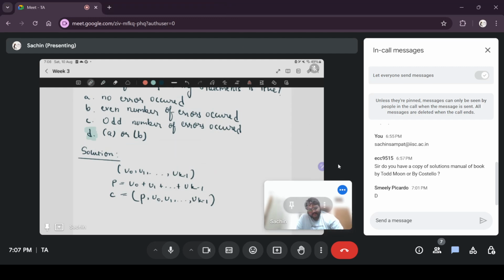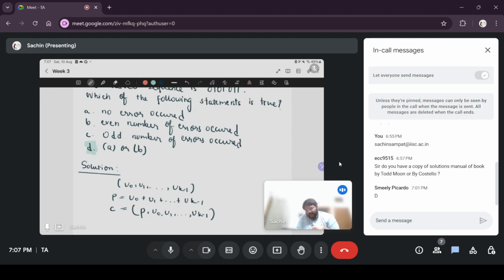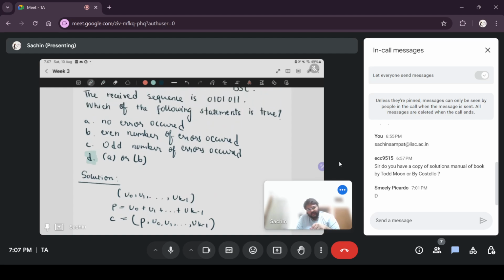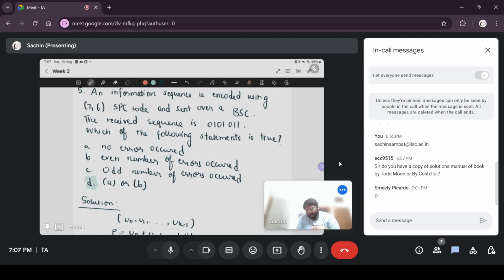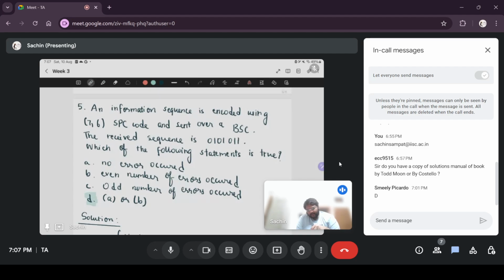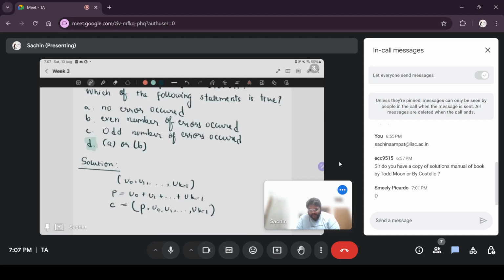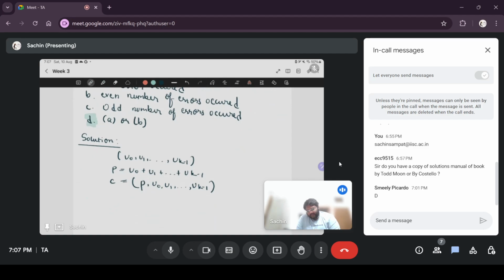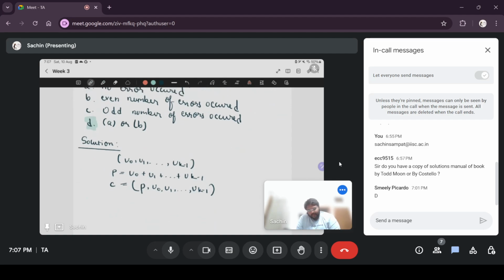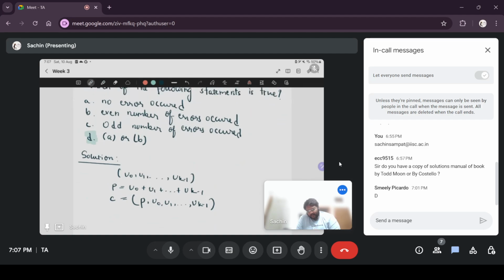So this type of code will detect odd number of errors. Even number of errors can't be detected. If you think about it, you can do it the other way also. So suppose this parity check bit, instead of making the number of ones in your entire code word an even number, what if it made it an odd number? That is,